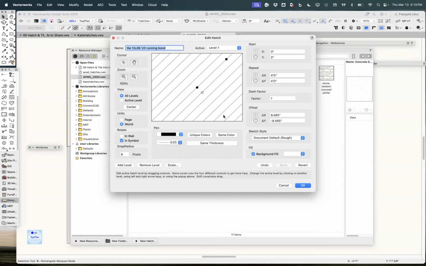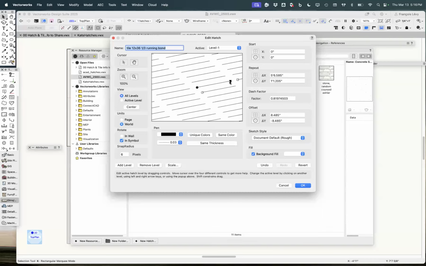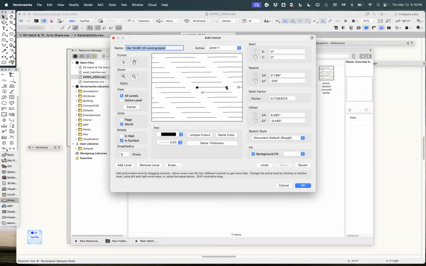So what I find useful is to go ahead and graphically set your hatch to approximately what you want, and then finish it off over here with these numeric controls. So I'm going to drag this over, and as I do, you see two things. One, of course, it becomes horizontal, and these two control handles, which were overlapped and therefore you couldn't really differentiate them, have now become separated. And so actually the repeat is from the origin, which is the black dot, all the way to the white square. And then the dash factor, or the gap, some value between 0 and 1 inclusive, is defined by